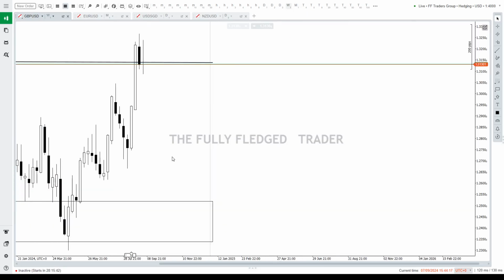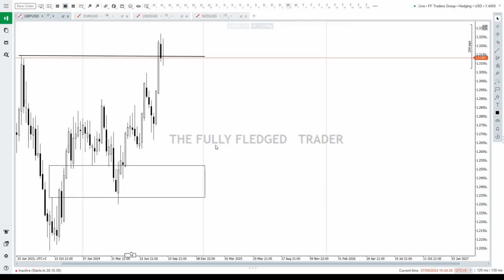In the previous video, I indicated that there was level one, level two, and the price purged the buy side liquidity there, and once it purged the buy side liquidity, it traded lower, reached for the inefficiency on the monthly chart, and this one has been supporting price up. It also formed the levels there, level one, level two, purged the buy side liquidity here, traded lower, and when it purged the buy side liquidity here,